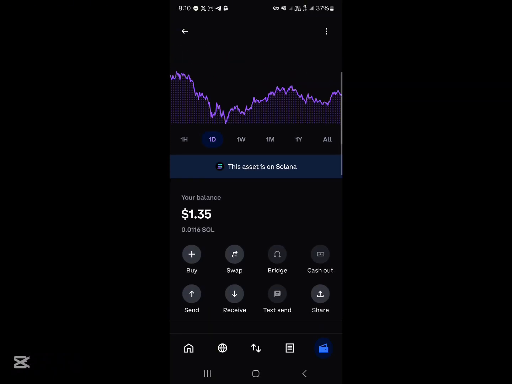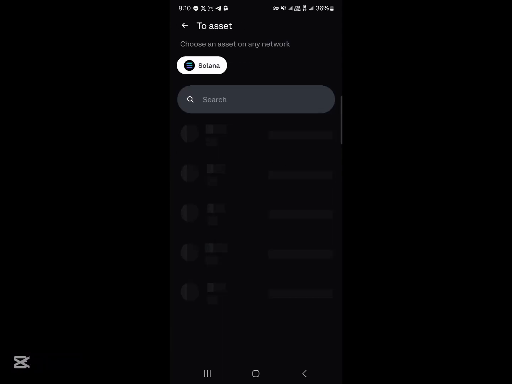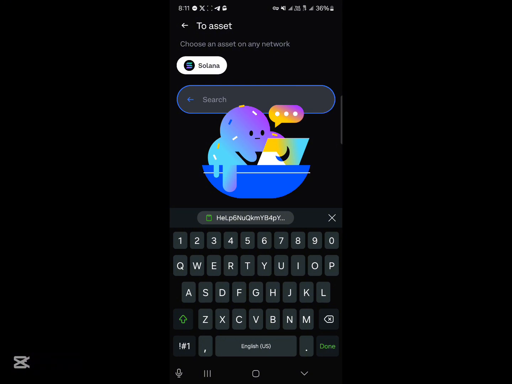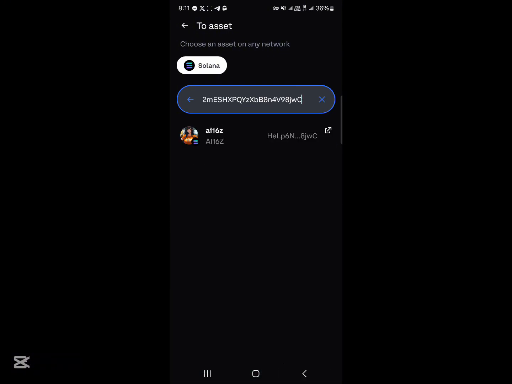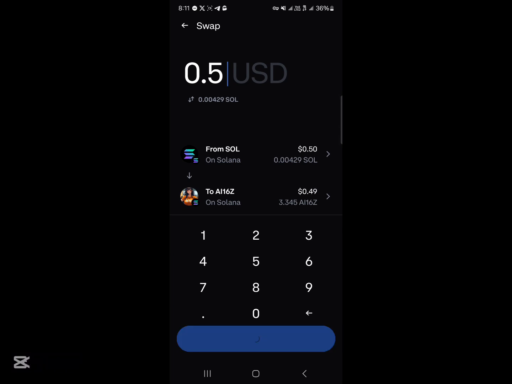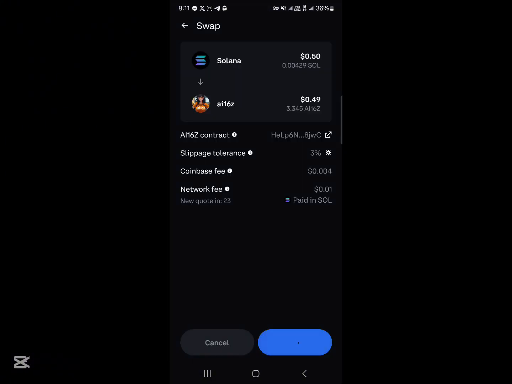So head back, click on Solana, click on swap, and then enter an amount of SOL you wish to convert into the AI16Z. Once you've entered an amount, simply click on asset and then simply paste the contract address. So once you've pasted the contract address, you'd find the AI16Z. Click on this token, click on continue, and then simply click on swap. You can view all the network fees. So click on swap, enter your passcode,